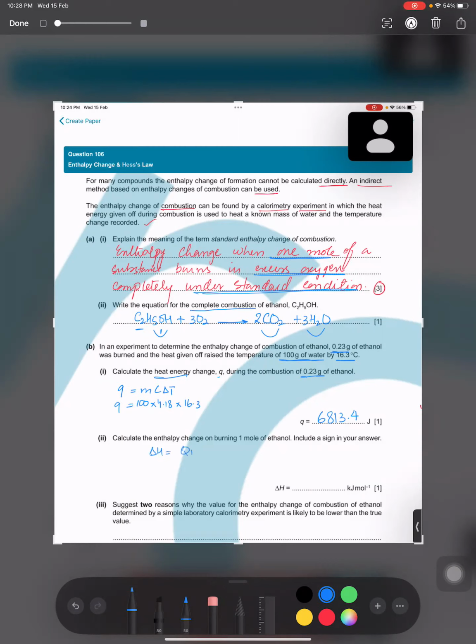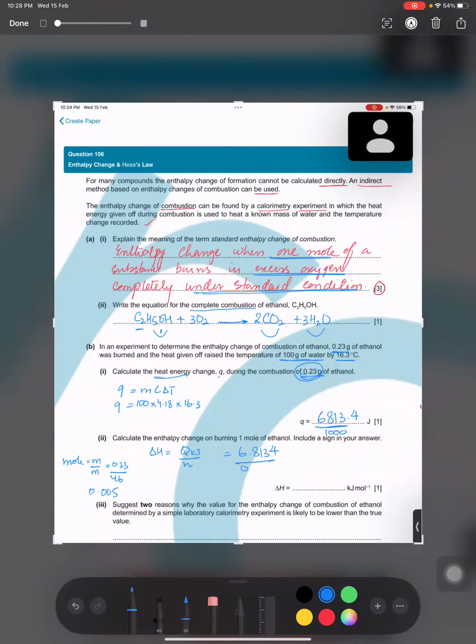We need to know energy in kilojoules and the number of moles of the substance which is going to be burned. So over here we have ethanol, which is 0.23 grams. So we know that moles equals mass over Mr. So 0.23 grams over 46, the Mr of ethanol. Let me check the number of moles. It is 0.23 over 46. So this is 0.005, right? The number of moles. And if you divide the energy by 1000, so it will give you